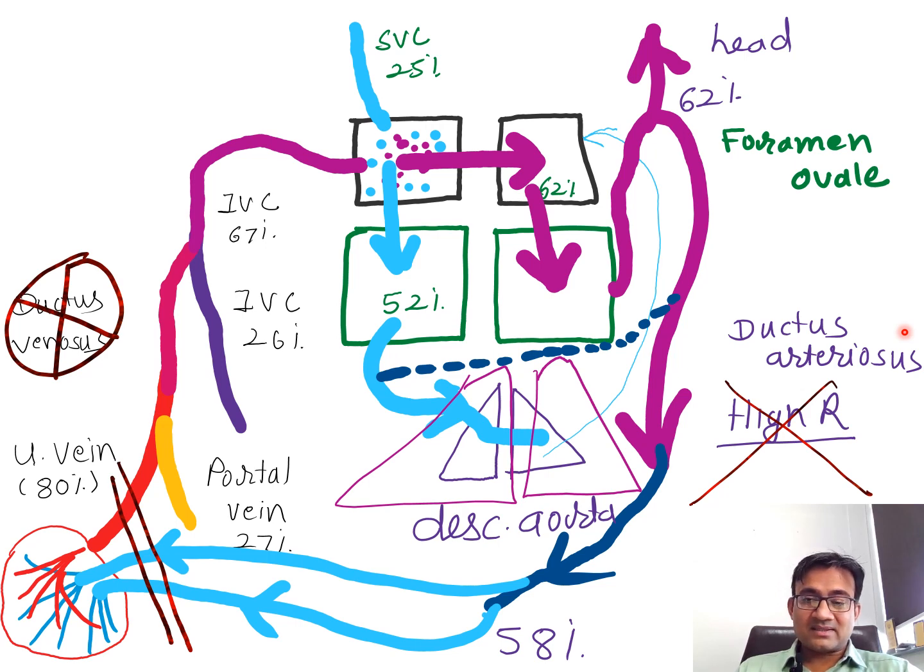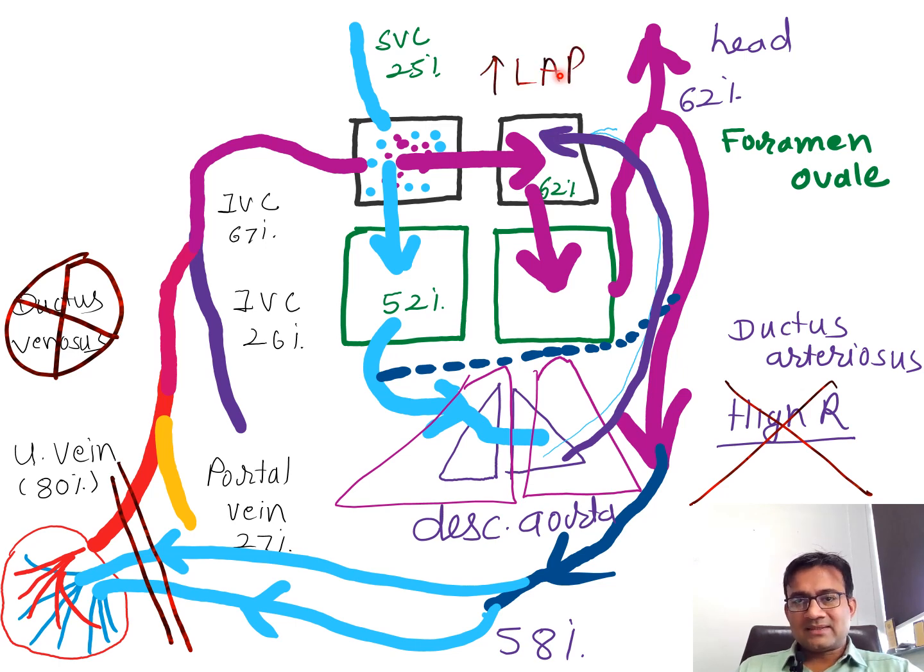See, pulmonary vessel resistance was very high. So what will happen now? See, initially this was a thin line. Now there is a thick line I have drawn. So the left atrium will now be getting a good amount of blood supply. As a result of this, left atrial pressure is going to increase, and along with that, right atrial pressure is going to decrease. So as a result of this, see, it was coming in this direction initially.